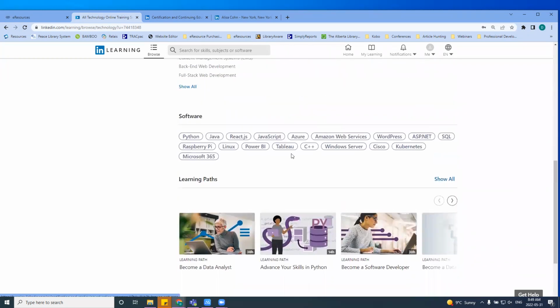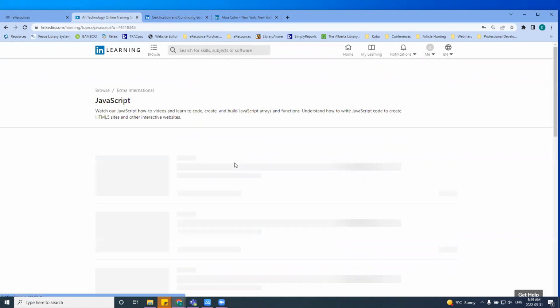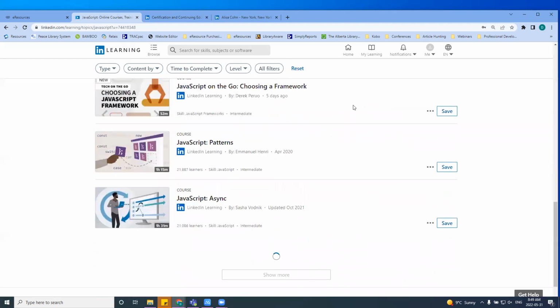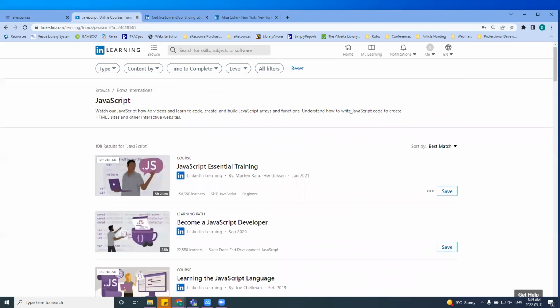If you scroll down into any of the categories, they'll also pull out skills that are common within that category or software that is common in that category. So for example, if I'm interested in learning JavaScript, maybe that's something I want to click on. And it's going to bring me a huge list of all the courses that are tagged with JavaScript or have